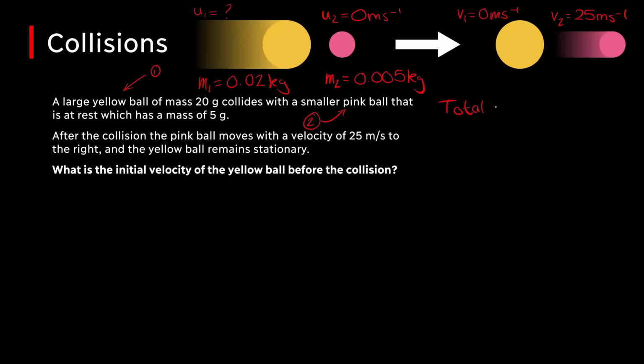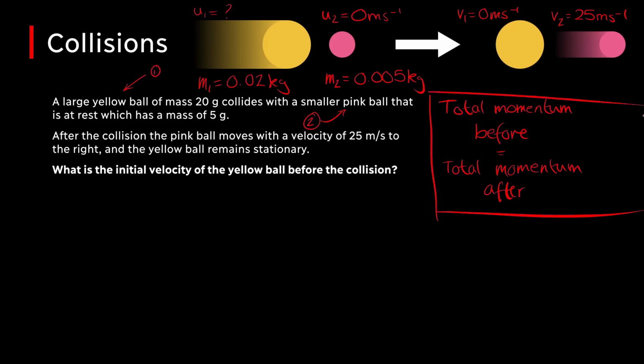In order to answer this question, the big thing we need to remember is that the total momentum before the collision is equal to the total momentum after the collision. Recall that this was the principle of conservation of momentum. We know that the momentum, p, is equal to the mass multiplied by velocity,